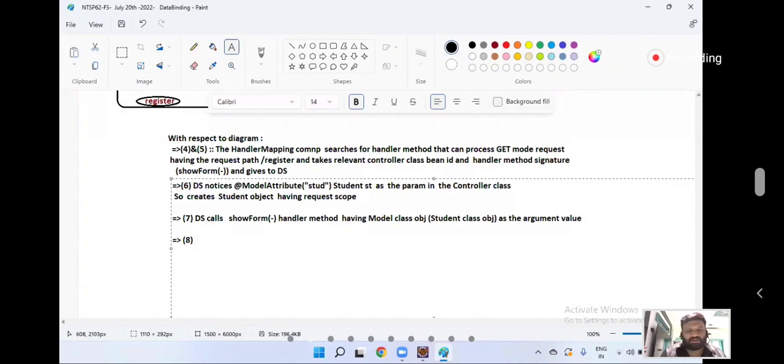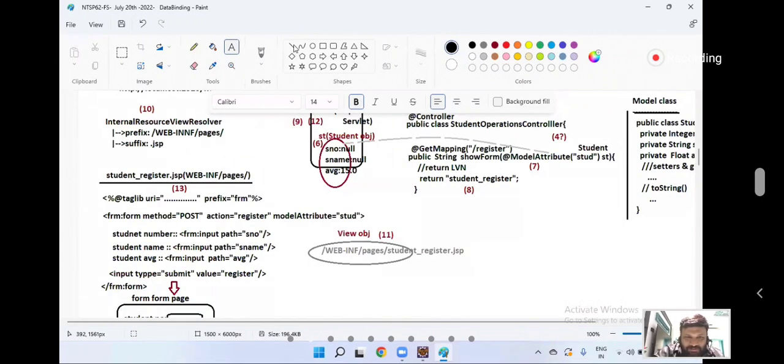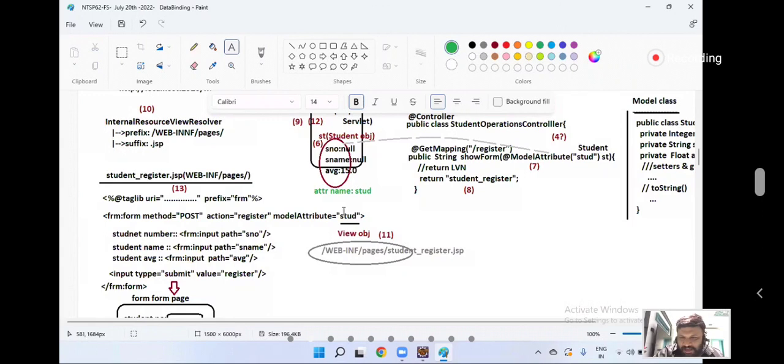Okay, guys. The remaining are all normal. What is the most important thing is, see guys, what is the name? Stud. Here also what is there? Stud. Scope data is what? Model attribute name is what? Attribute name is stud. Both are matching or not matching? Both are matching. So while displaying the form page,